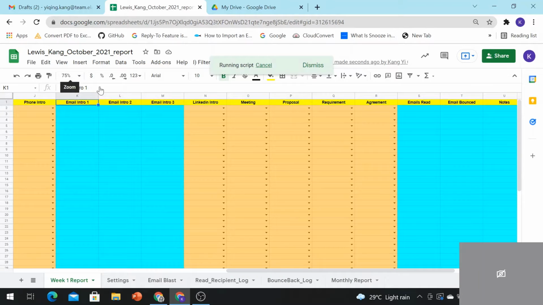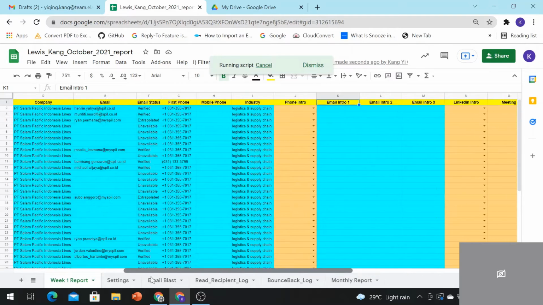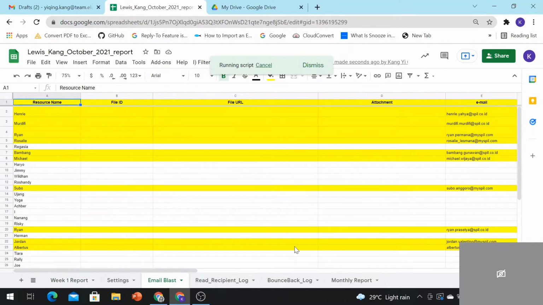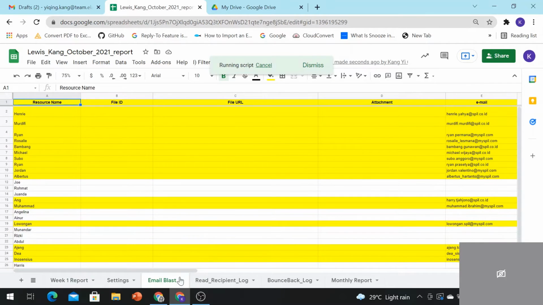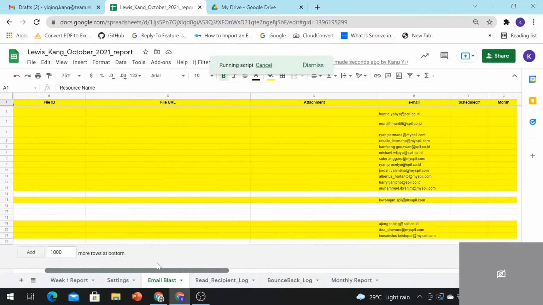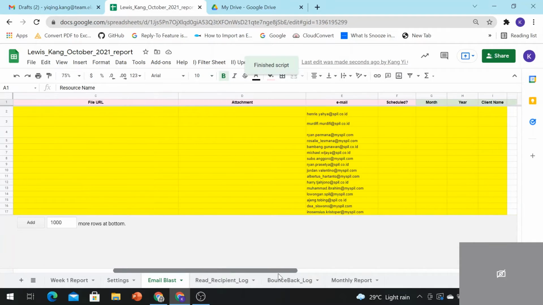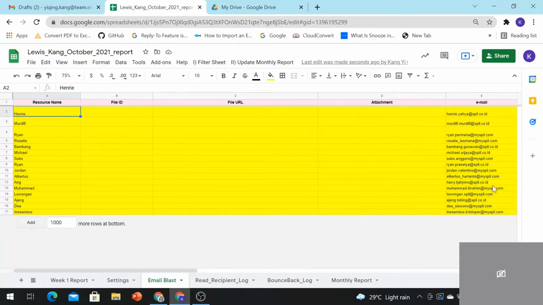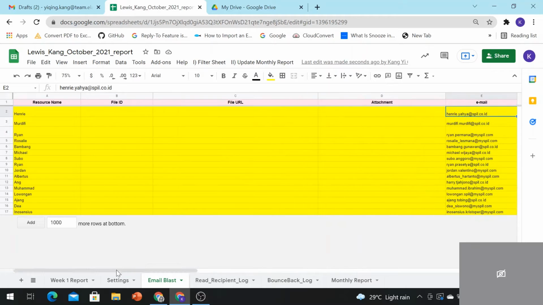So it will now also pop out these columns. And after that, all of the targeted recipients will automatically pop out inside this email blast sheet. So the user doesn't need to manually copy the name and then manually copy the email of the recipients to this email blast sheet. And then